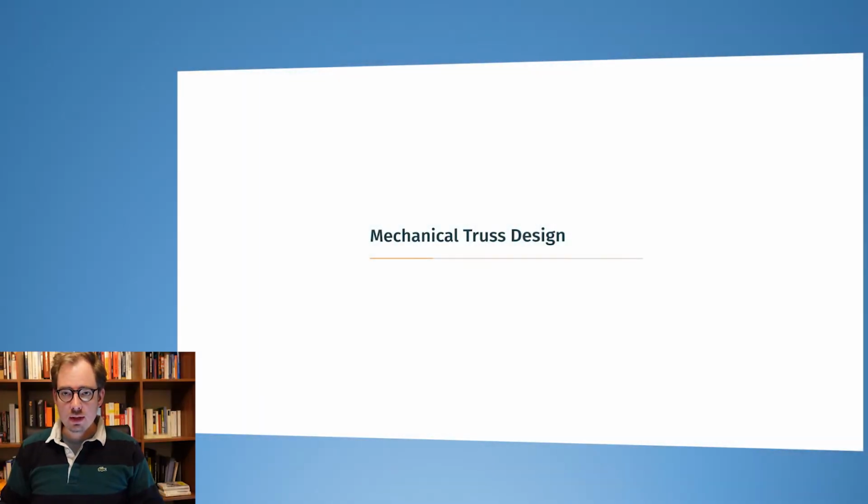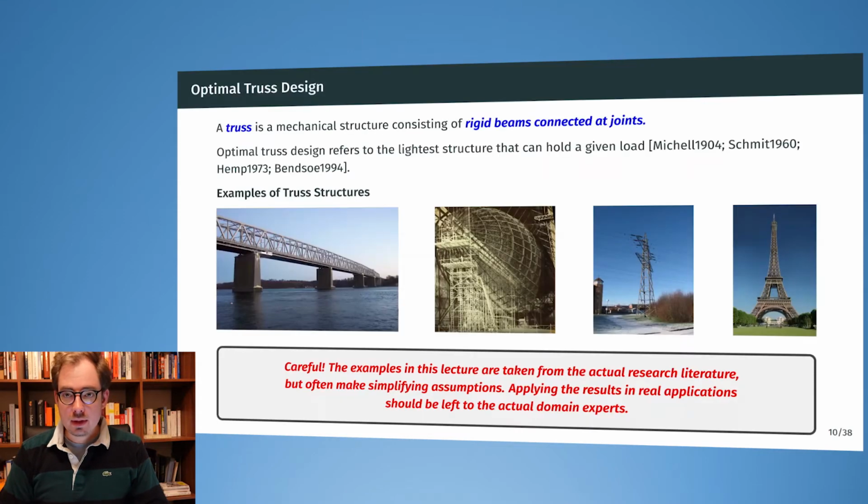The first application example is on mechanical truss design. So what is a truss? Imagine a bridge or imagine an electrical tower. You have seen trusses every day in your life probably. So a truss is a mechanical structure that consists of rigid beams that have been connected together at joints and